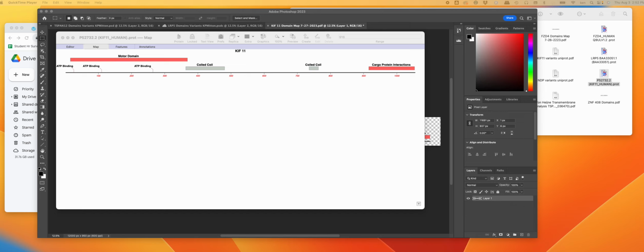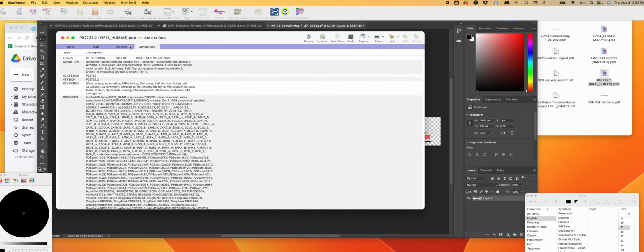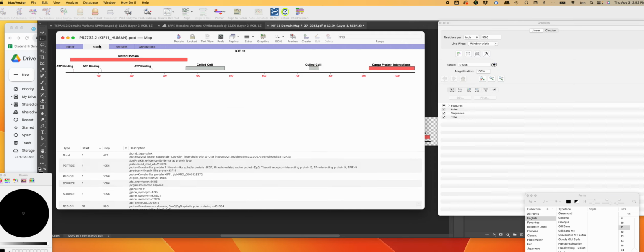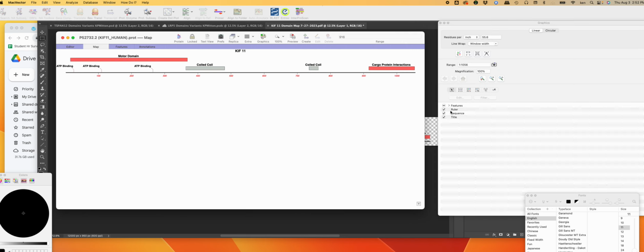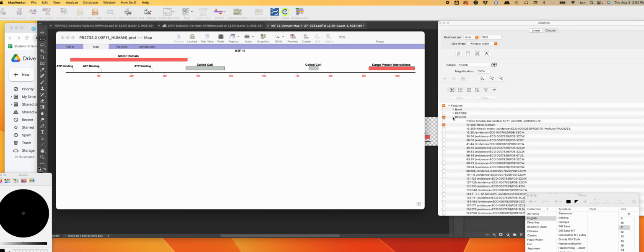Okay, I'm Dr. Mitton. I'm just making a screen recording of how to make some images combining elements from, say, an online database like Uniprot and maybe some domain structures that one has written when using MacVector. So this is the MacVector right now. I'm looking at KIF11. A lot of features that are shown basically in the map are available over here in different regions, clicking on and off. Sometimes when you import this from a database,